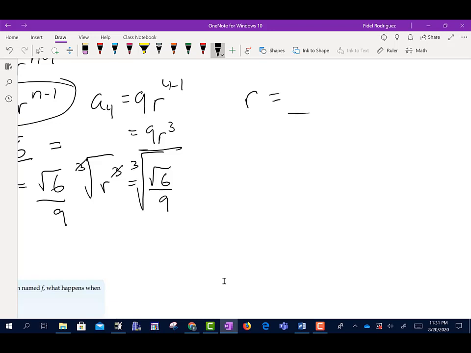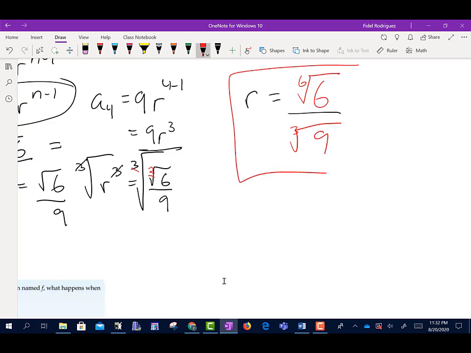Now, I'm going to show you what I'm going to do here. Remember, even though I don't see it here, this is the square root, right? What we do, guys, is we multiply those two together. 3 times 2, now I have the 6th root of 6. This is still the cubic root because there's nothing here, divided by the cubic root of 9. And there is my